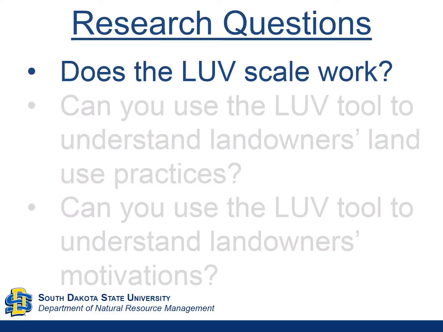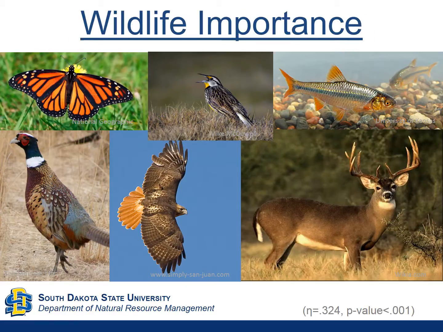The first thing I wanted to know was, can the land use value scale actually differentiate between landowners in a meaningful way? We asked landowners to rate the importance of 12 categories of fauna to the decisions they make about land use on a scale of 1 to 4, 1 being not important and 4 being very important. We then added up their rankings to get an overall wildlife importance score. People with a high score marked most fauna categories on the importance side. If my scale worked, I expected that people with a naturistic land use value type would say more kinds of wildlife were important to their decisions than people with a humanistic land use value type.